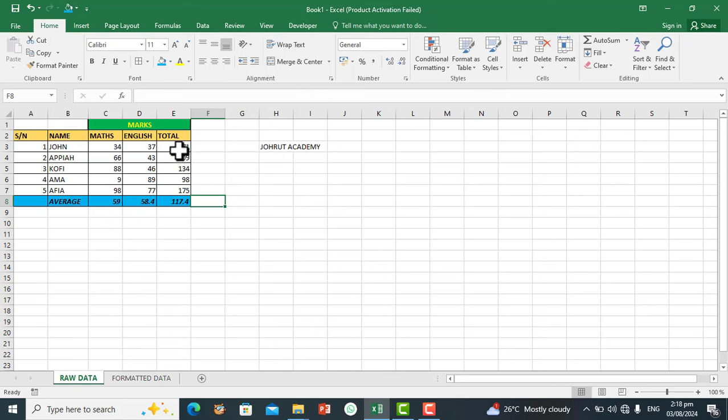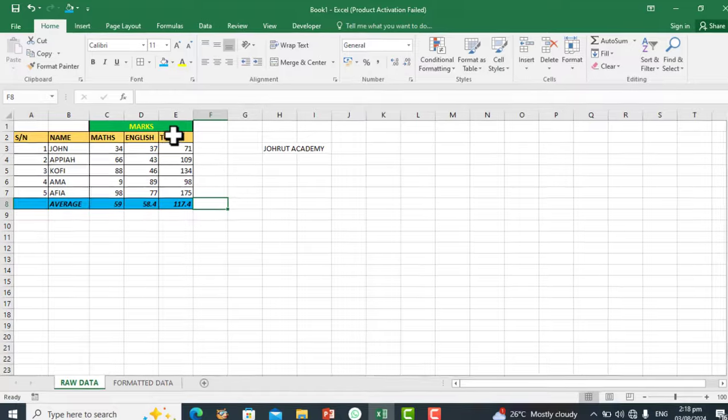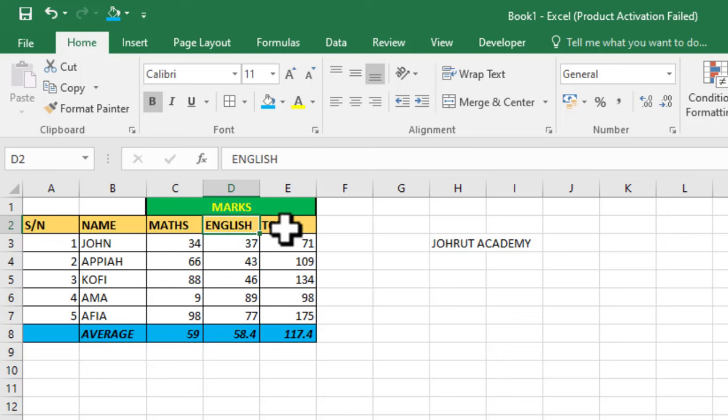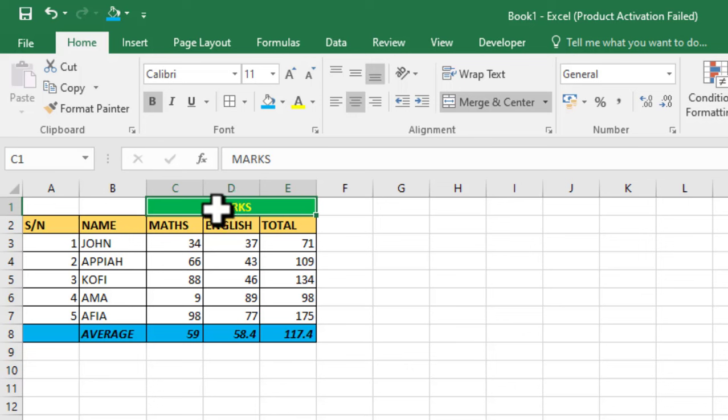So these are some of the things that you can do to your work to make your work so unique and beautiful. Okay, so now let's go to the other section, what we call the format painter. Now with the format painter, maybe you have formatted a particular cell and you want the same format to be transferred to a different cell. So let's say this particular cell, let me delete the data, and then this particular cell, see that we have applied back